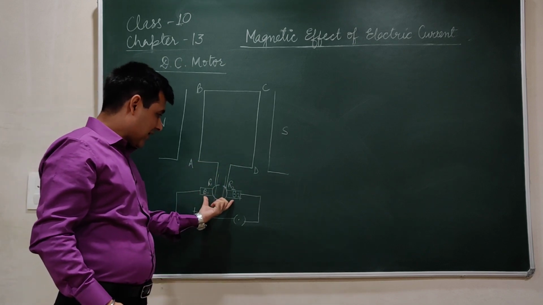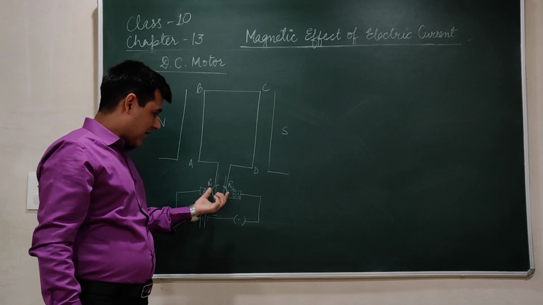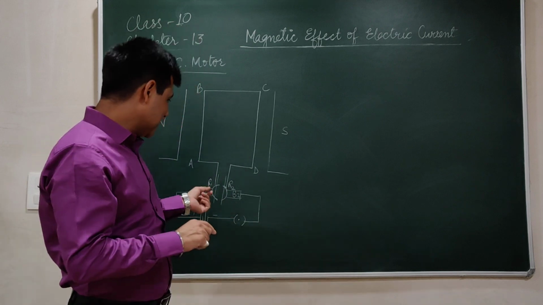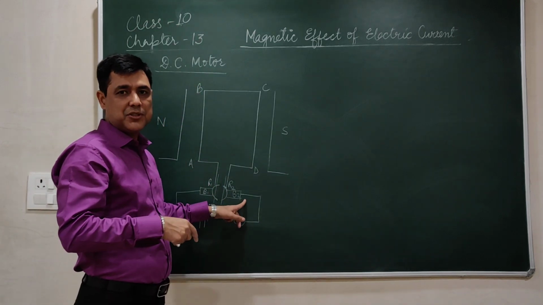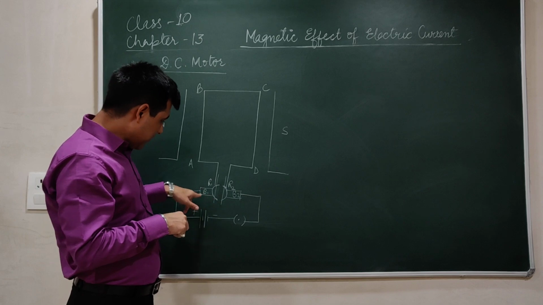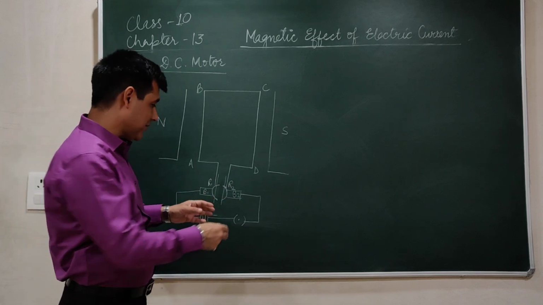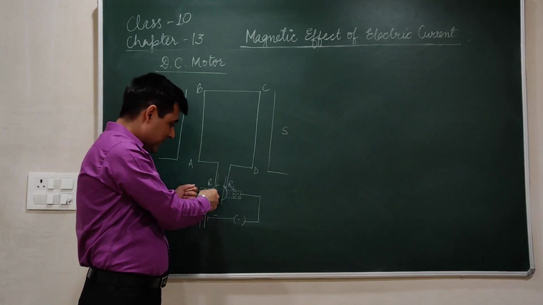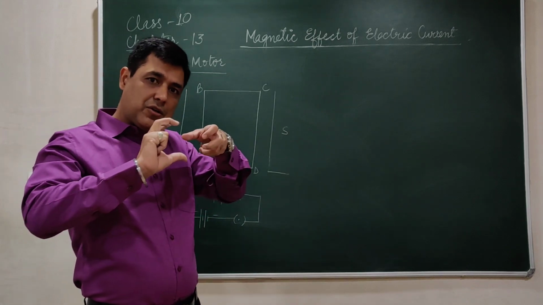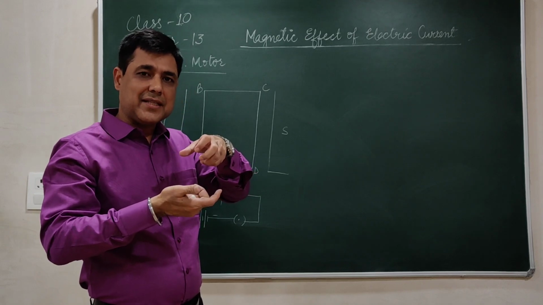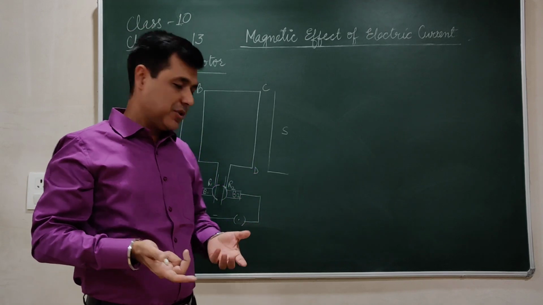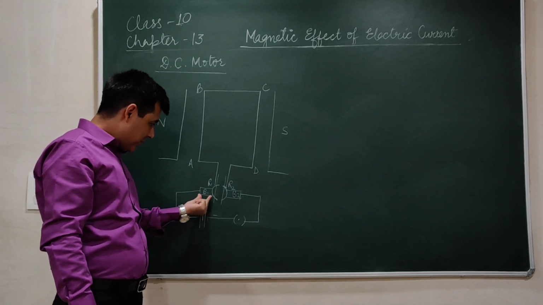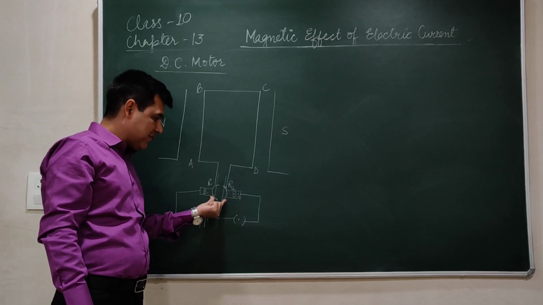Now the function of carbon brushes, that is very important. The carbon brushes are only in contact with the split ring. So once the split ring rotates, the carbon brushes remain intact in their position. Because if you do not place the brushes and directly tie the conducting wire with it, think about if the split ring rotates, the wire will also rotate and then it gets twisted and then it will break down. So just to prevent the twisting of the conducting wire of the external circuit, we use carbon brushes which remain in contact with the split ring.